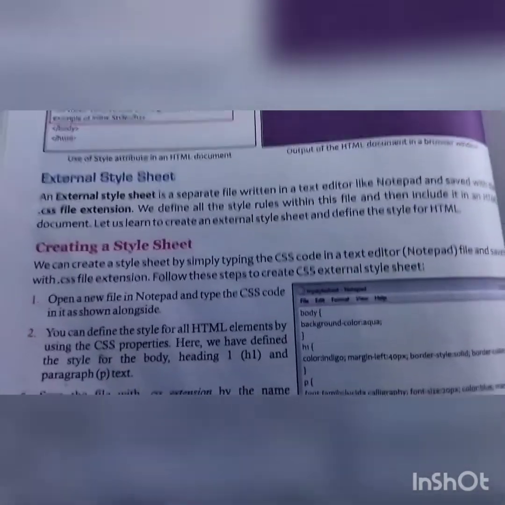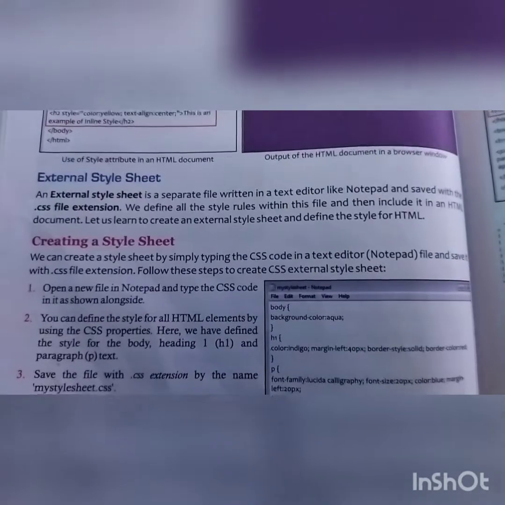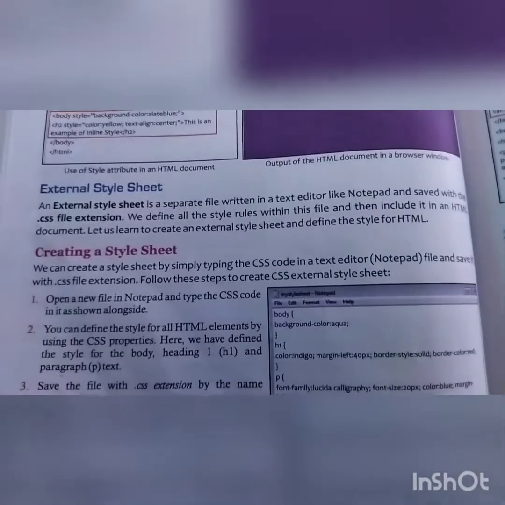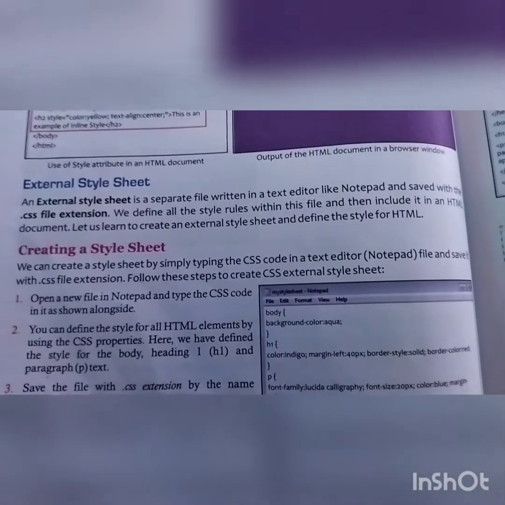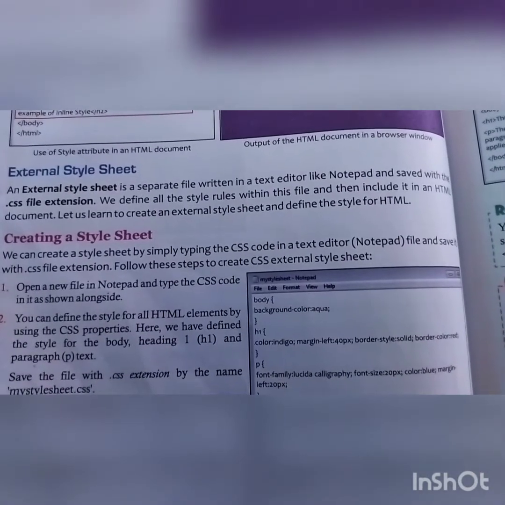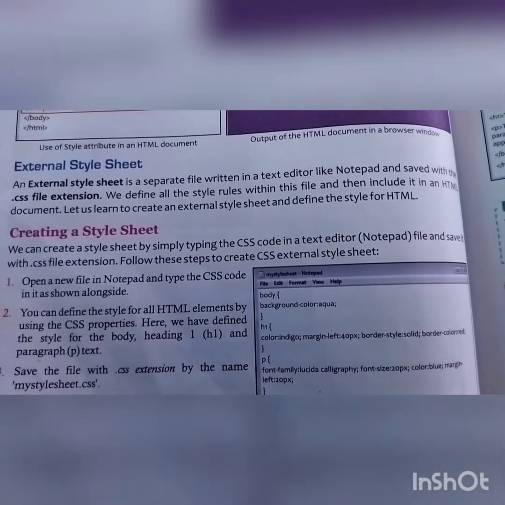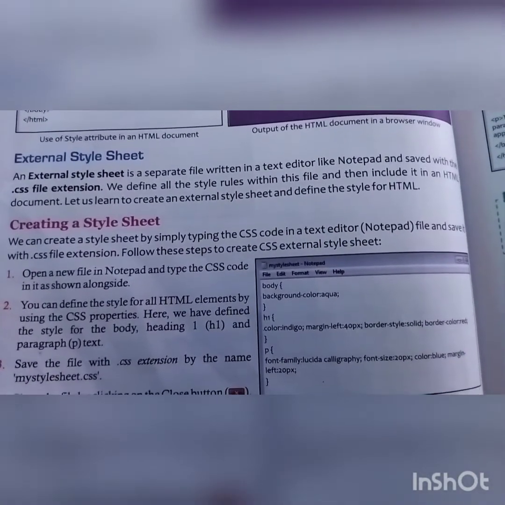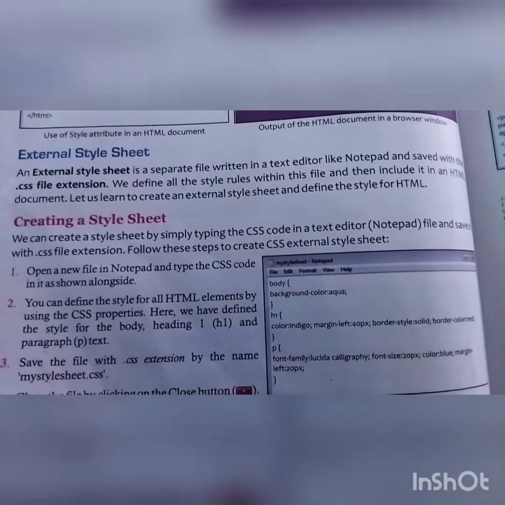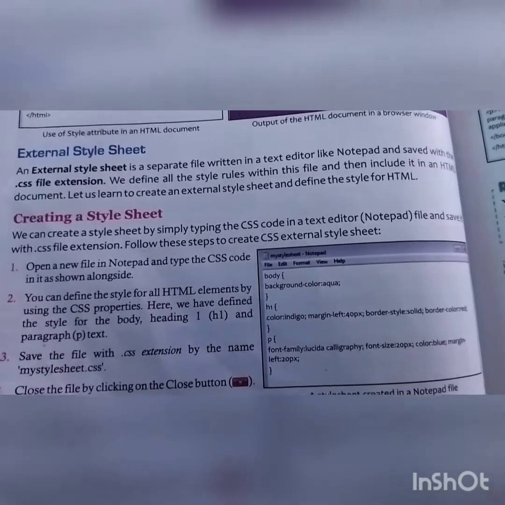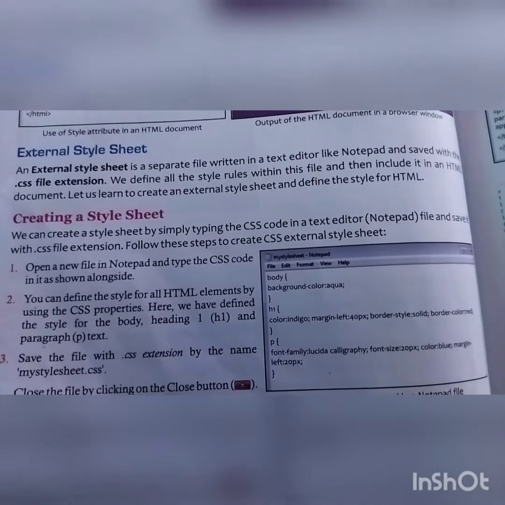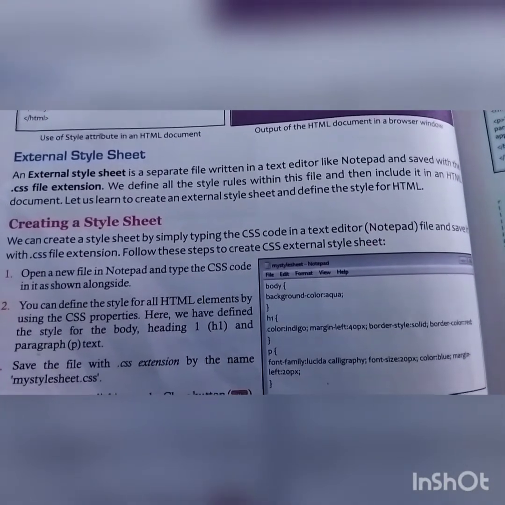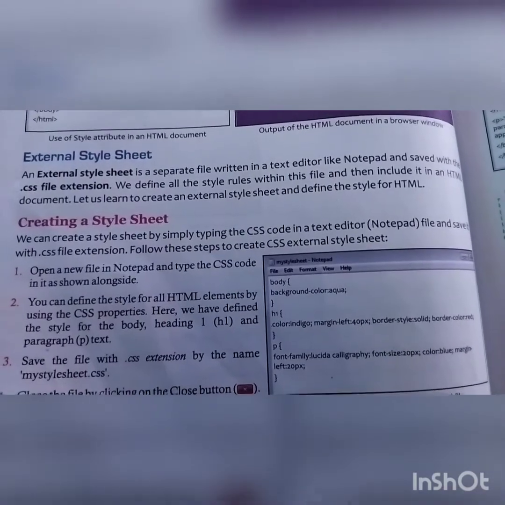What is next is the external style sheet. We already read this topic in this class. An external style sheet is a separate file written in a text editor like Notepad and saved with the .css file extension. Now, students, how to create a style sheet.